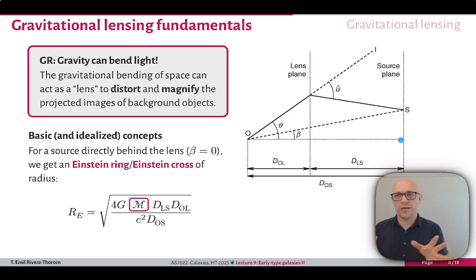So what we will see is that if it is a point source, we will see a so-called Einstein cross, where we basically see 4 images of the